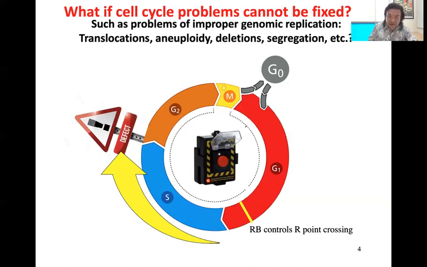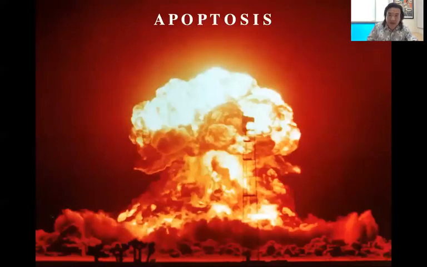It might need to choose the nuclear option, right? It's got to push the button, I don't know why they always look like this, and that leads to apoptosis. So apoptosis is like the nuclear option. So what is apoptosis? We usually think of apoptosis as the cell just kind of destroying itself. So we think of it as a bad thing, right? Oh, that's so sad. You had no other option, but you had to actually destroy yourself and take yourself out of the picture.